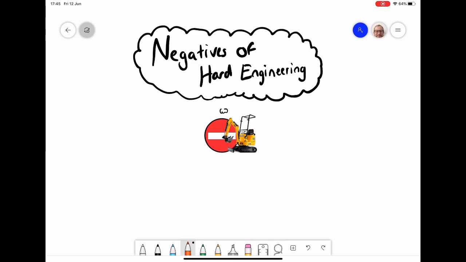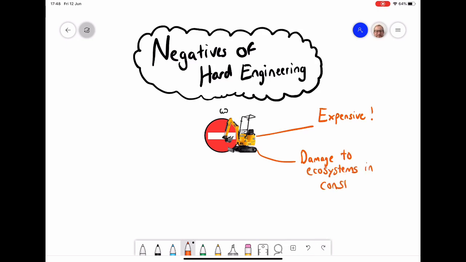However, hard engineering also has negatives. Because we're having to make these giant structures largely out of concrete and metal, it will cost a lot of money to do that, and that means that certain areas or certain countries might not actually be able to afford them. With all this use of concrete and metal, putting it into a natural environment, we will obviously see damage